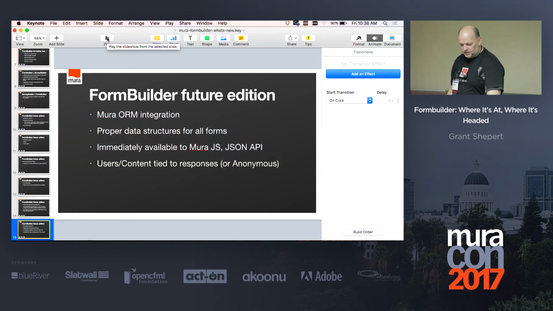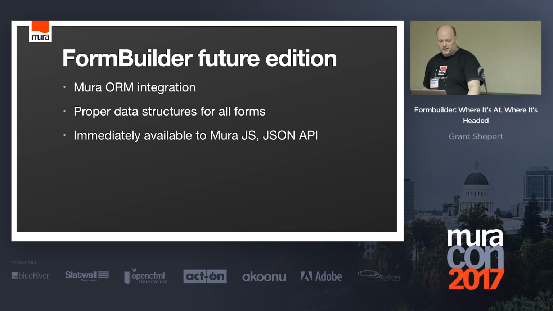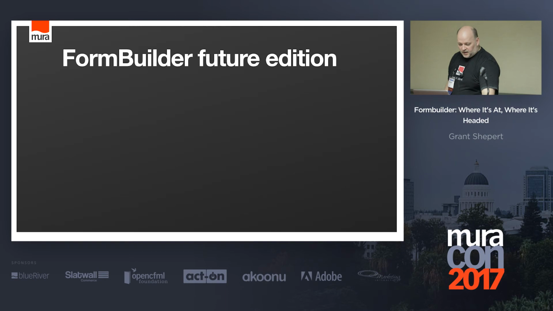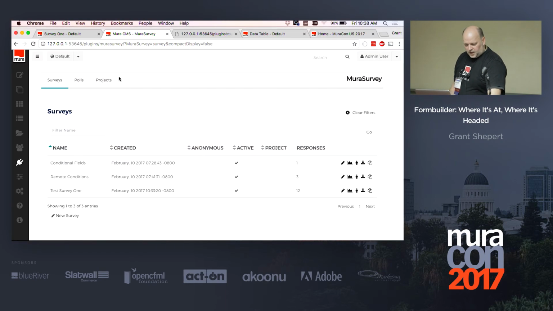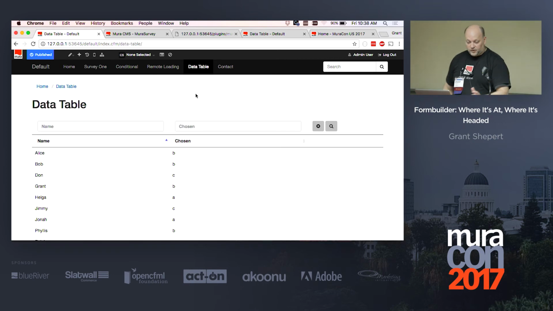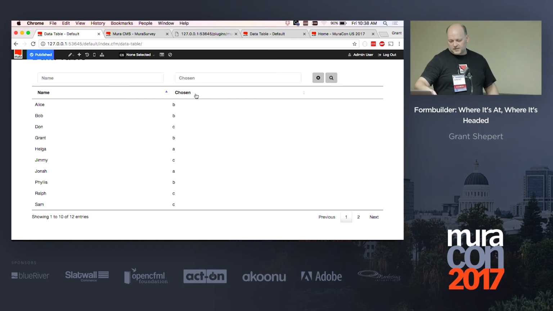Not too bad. So Mura ORM integration, proper data structures for all the forms, immediately available to Mura.js. User content is tied to the responses. And if you saw my talk yesterday, I had the data tables example. Well, this is the data table hooked up just generically to that test survey that we just did. So chosen A, B, C, or D, and all filtered. I literally changed